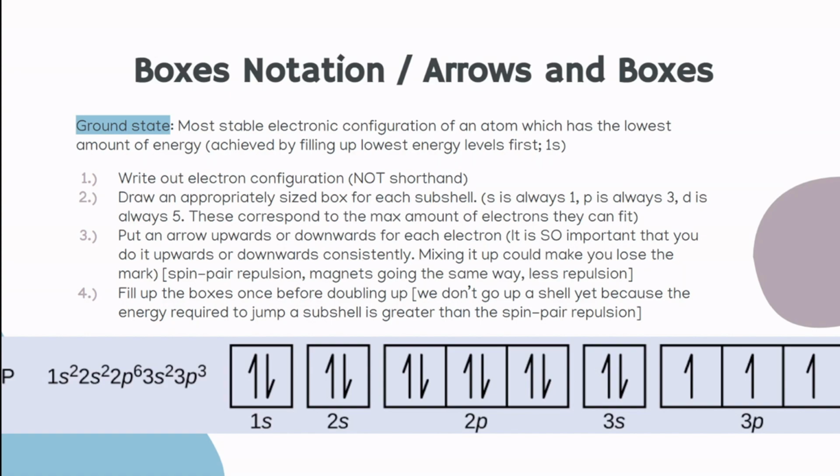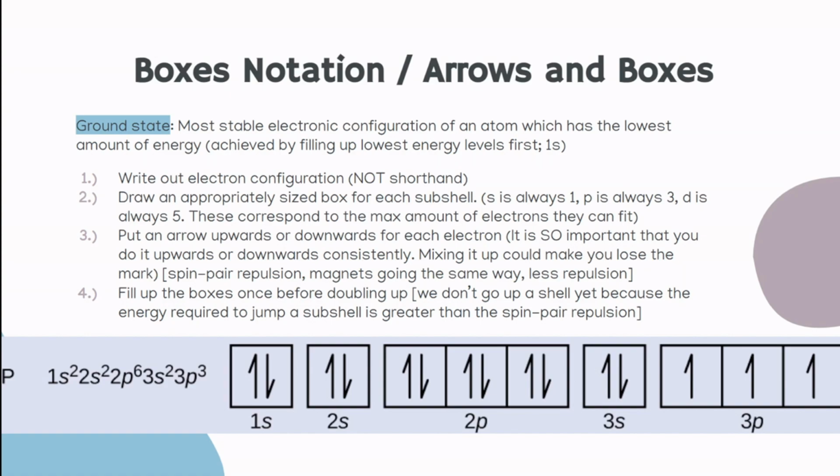For example, jumping from 1s to 2s would take a lot more energy than just two electrons being a little angry at each other for a while. Almost imagine you have this neighbor you really don't like. You just hate that neighbor, they're just so annoying. But living next to that neighbor is a lot easier than just moving across the city, for example. It takes less energy to just coexist amongst each other,